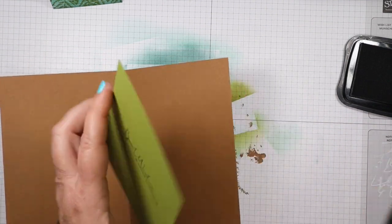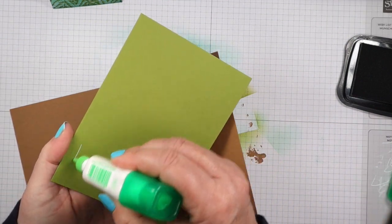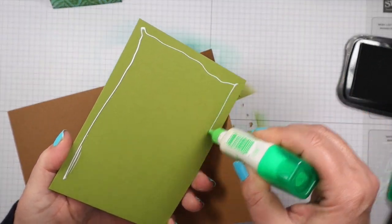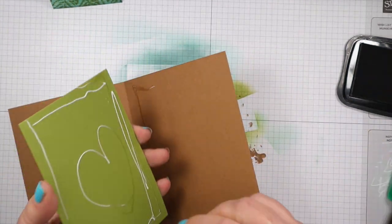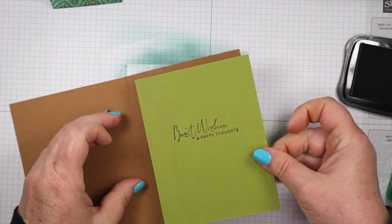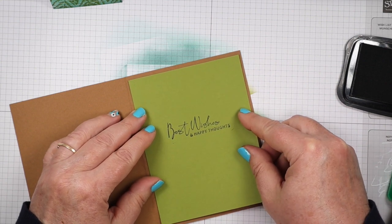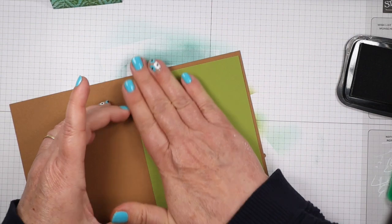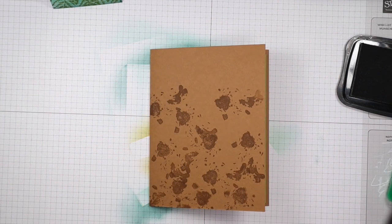So we're going to add that to the inside, and you can use whatever adhesive you want for that. I'm going to add some love inside there. So I'm just going to center this up in the inside of my card. There we go. And then for the outside of the card,